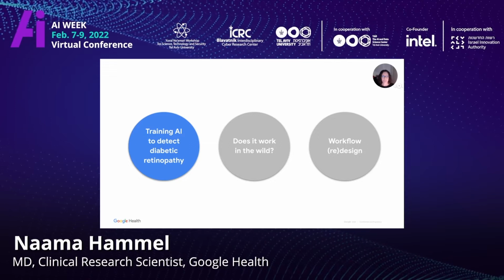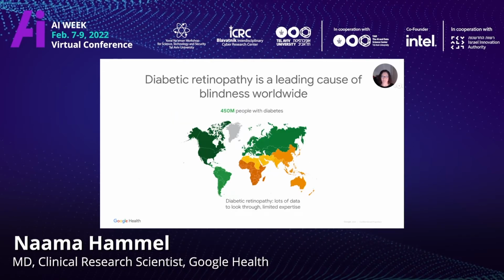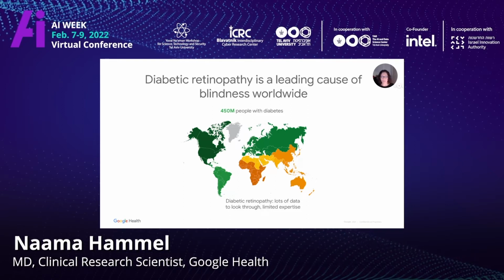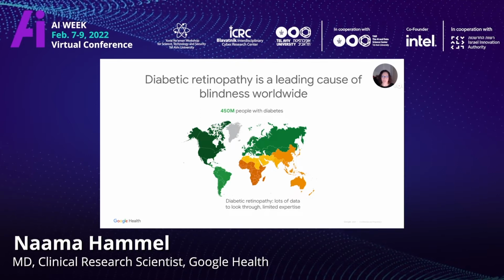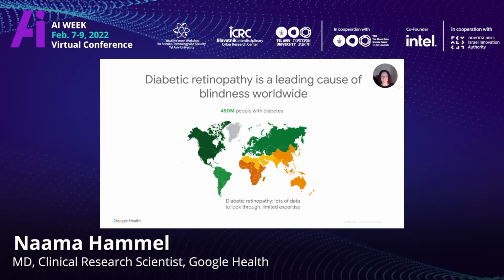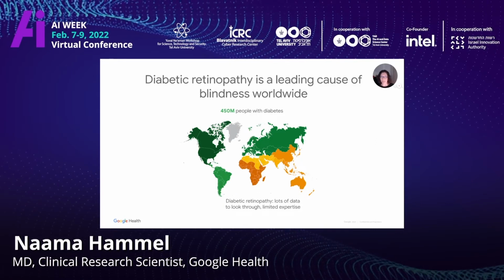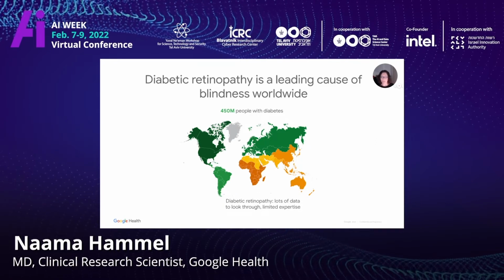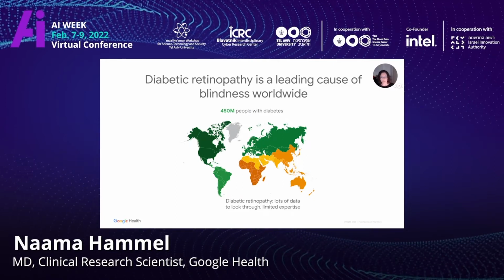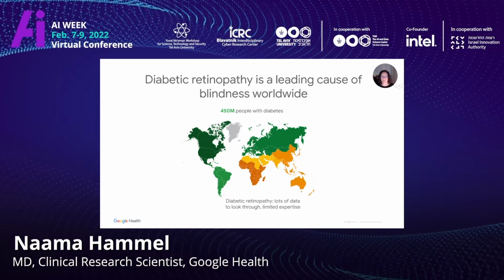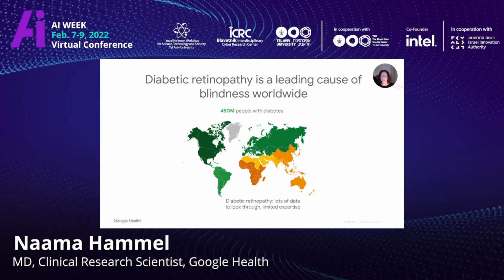So, the first step is training the model. And the question is, why even? And as I'm sure everybody knows, almost 500 million people around the world have diabetes. And all these patients are at risk for diabetic retinopathy, which is the leading cause of blindness worldwide. All these people need an annual checkup by an eye care specialist to see whether there are signs of disease in their eyes. But clearly, there aren't enough eye doctors in the world to look at all the people on